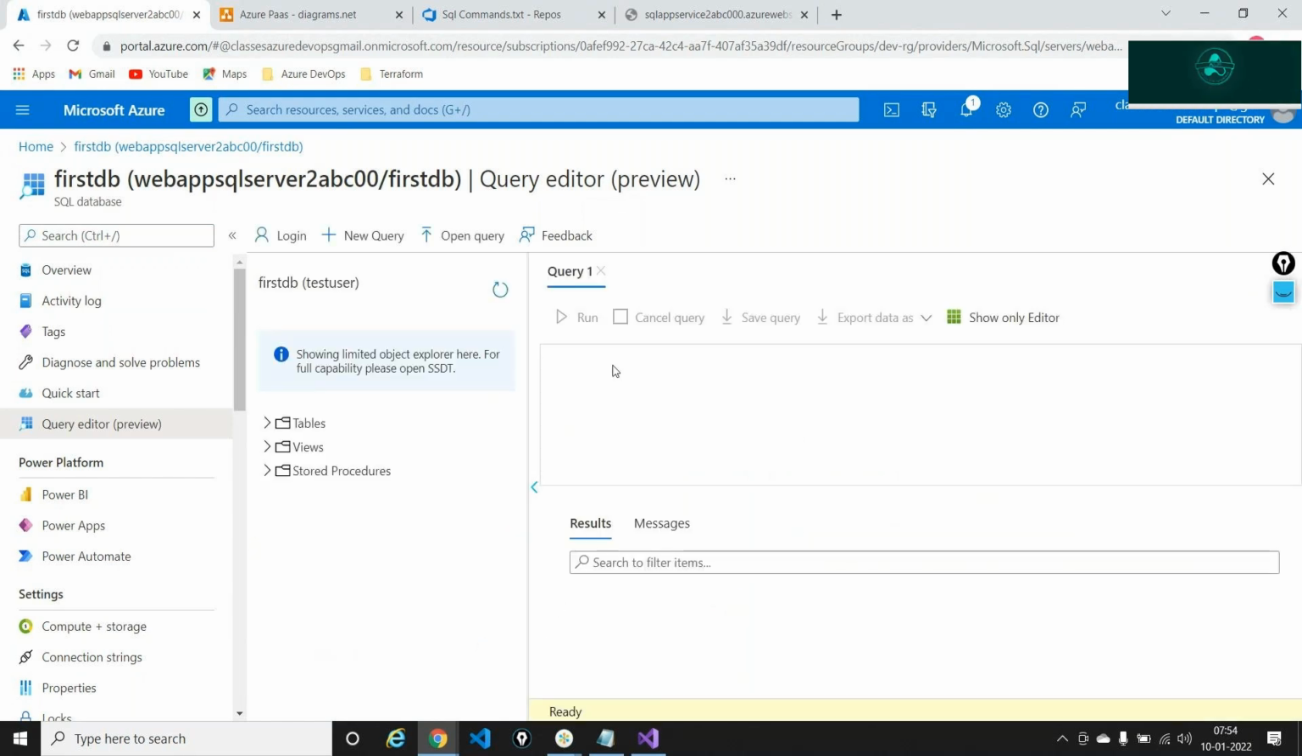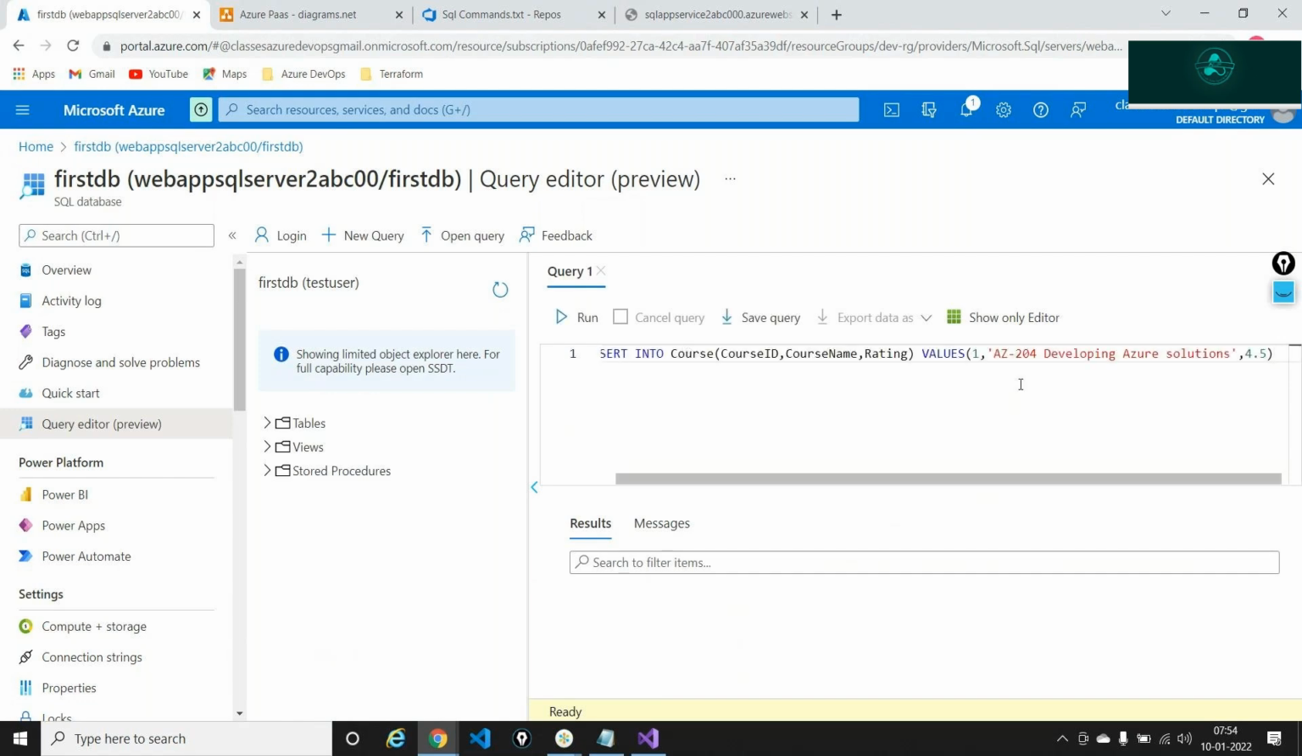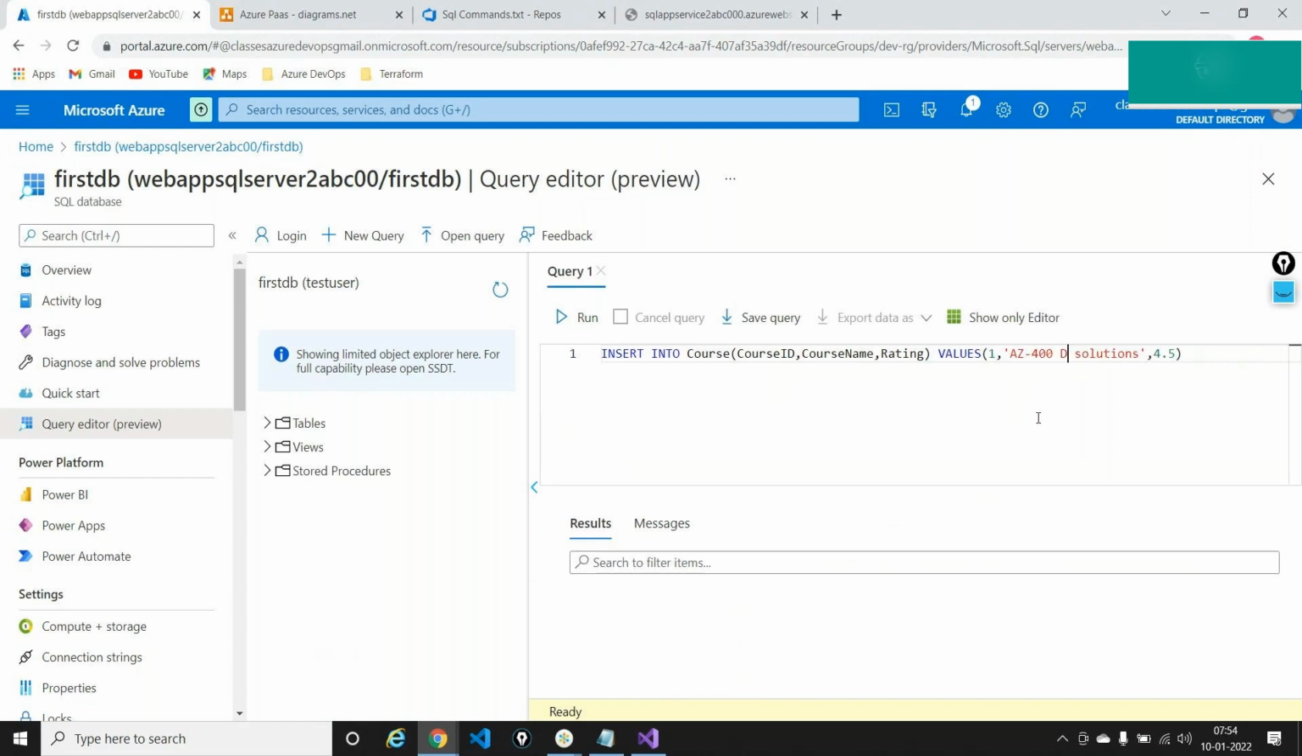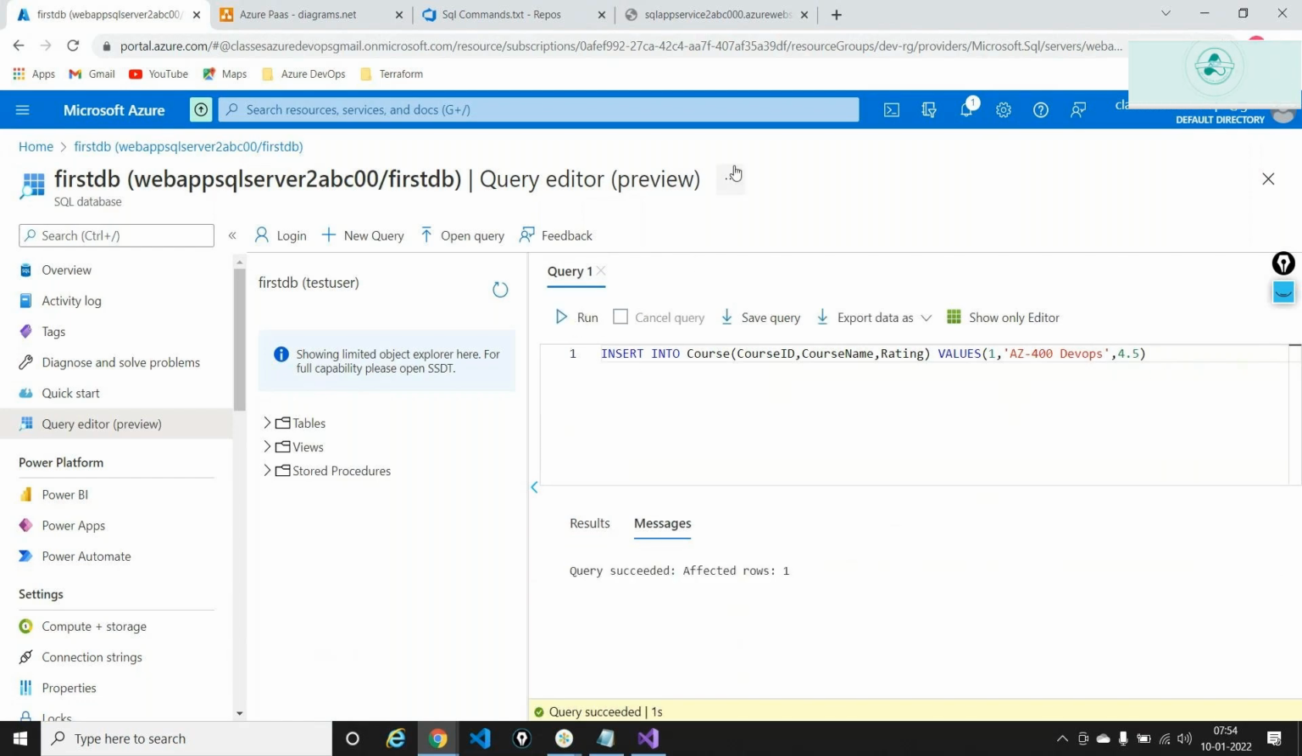And let me try to insert something inside the table. Again, I'm doing an insert into. Now I'll just change the course to something like AZ400, where I'll say it is not development, it's DevOps. Let's run this query. And if I run this query right now, and now say select star from,